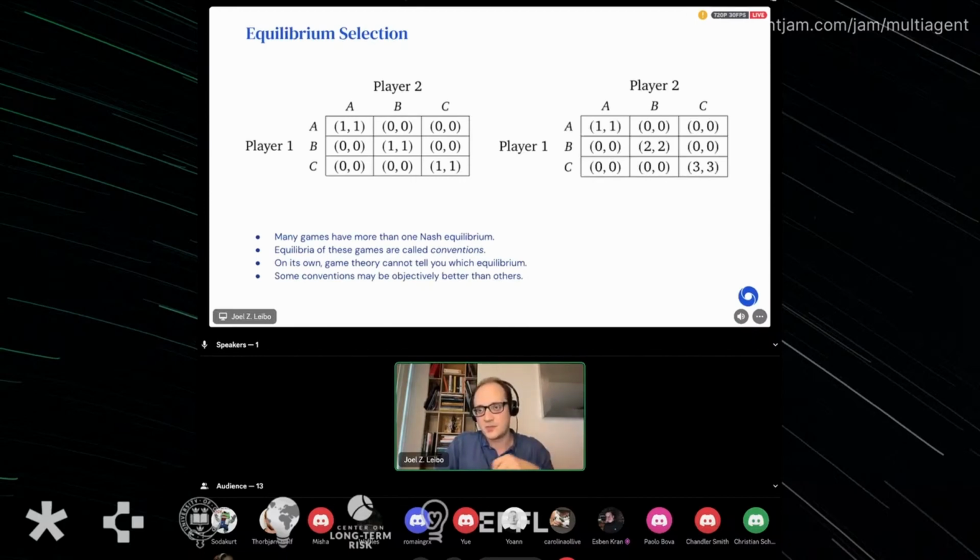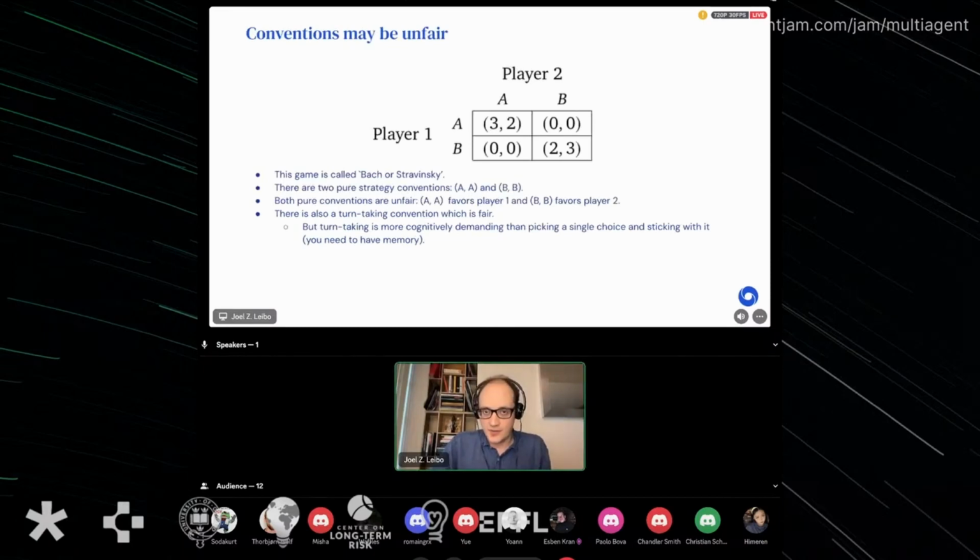In this game that just appeared, the CC equilibrium is getting a reward of 3 for both players, whereas the AA equilibrium is getting a reward of 1 for both players. So everyone would not be indifferent between them. The CC one is clearly better. But it's still the case that if you believe everyone else is going to play A, then you should also play A. You can't unilaterally change between them. They're all still equilibria, even though it's kind of irrational if everyone could choose together to pick anything other than the CC equilibrium.